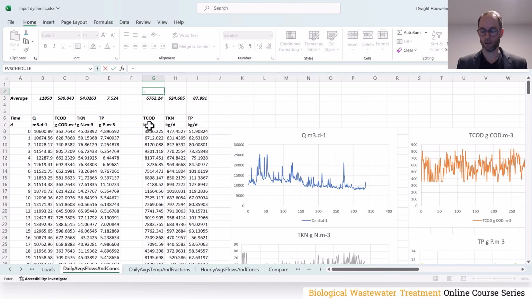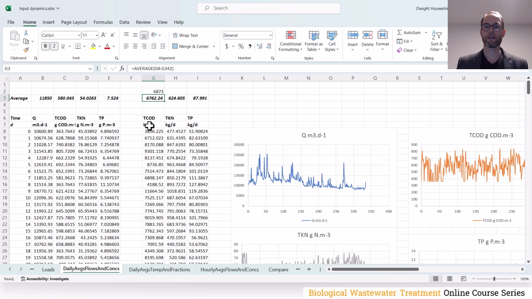So the steady state loads are going to be, well, for COD it's going to be the flow, 11,850, times the steady state concentration of COD of 580 divided by 1,000. And lo and behold, the numbers don't quite match. 6,873 versus 6,762. And so I'm going to make an adjustment in a moment to make sure that these loading values are